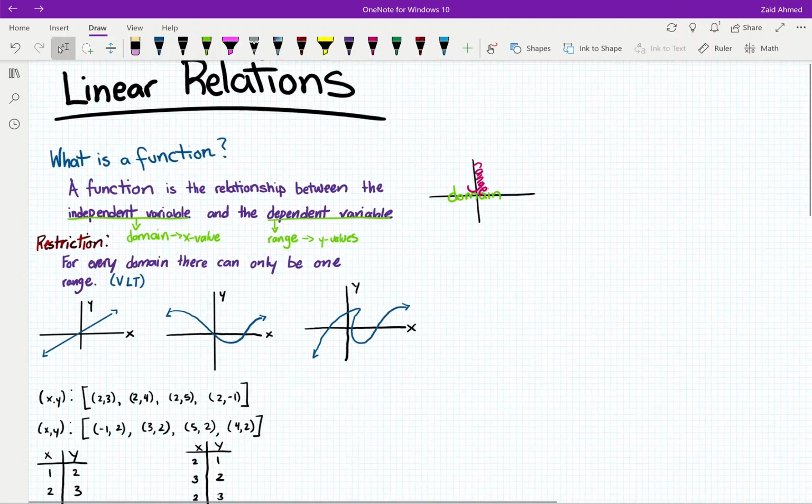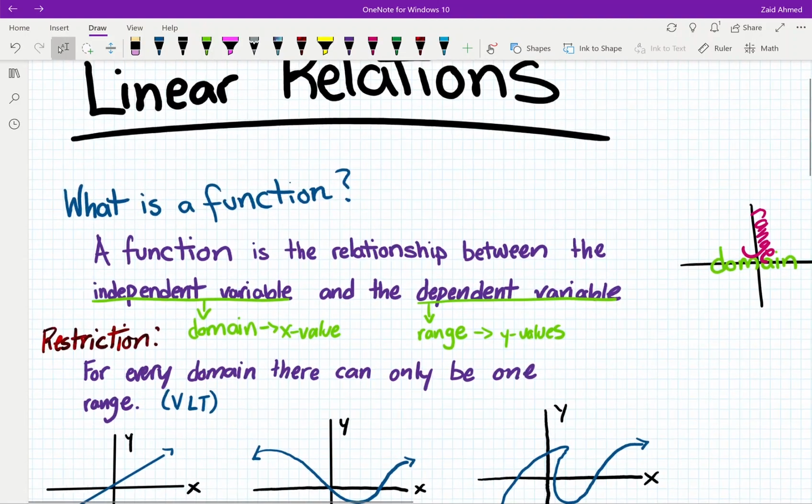Now, with this particular relationship that we have, there is a restriction. The restriction is that for every domain, there can only be one range. And that pretty much makes sense in real life because let's say you turn exactly 16 years old. Not a second more, not a second less. Now, when you're that particular age, you cannot be two different heights at the same time. You cannot be 5'6"